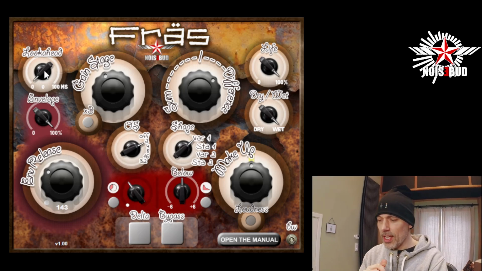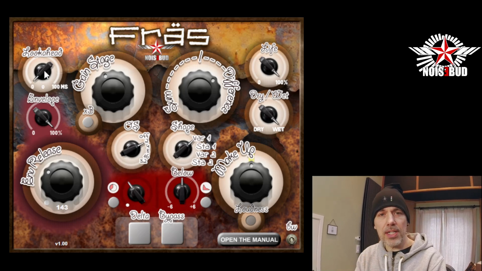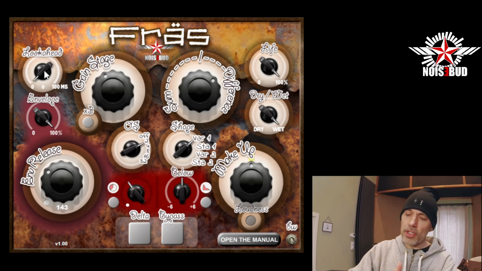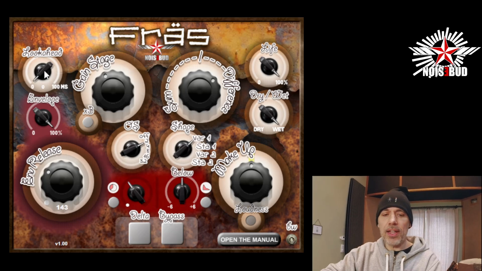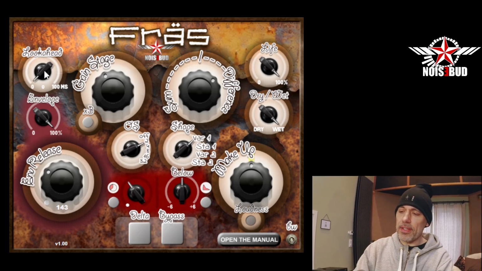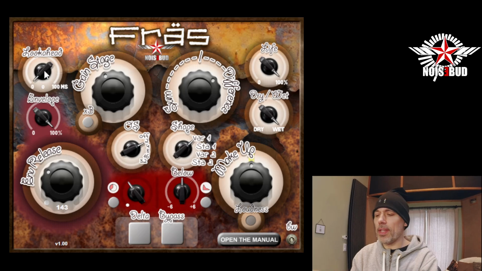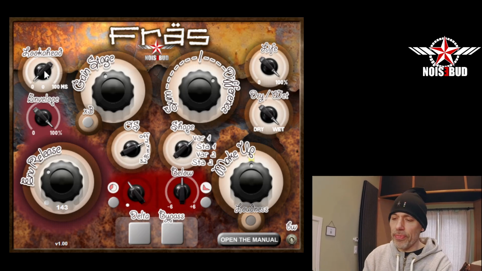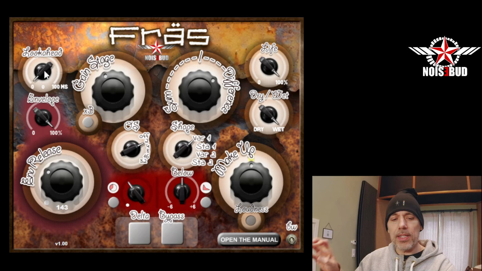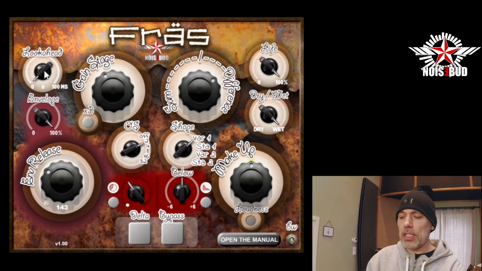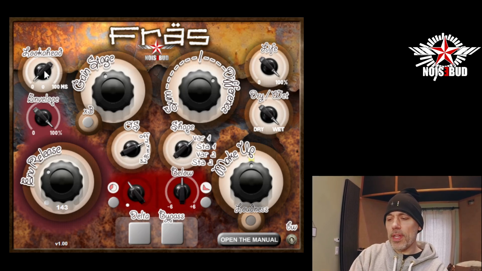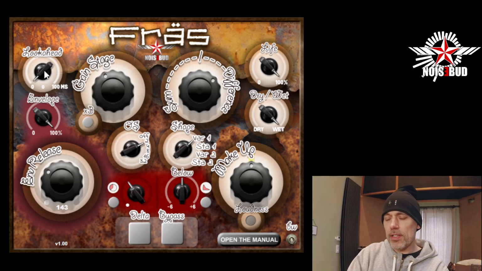That's one thing. Another thing is that the mid-side matrix in this is placed post the plugin. So it starts with distorting everything, and then it goes into the mid-side matrix, and you can mix in either more of the sum or mid, or the difference or sides, into the signal. And I would like it to be both ways, so that you could actually split the signals beforehand and distort the sides and the mid simultaneously, but